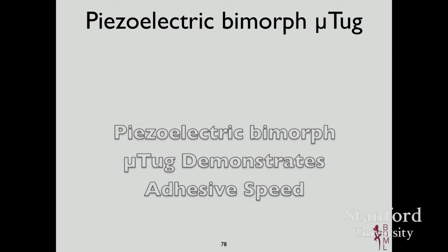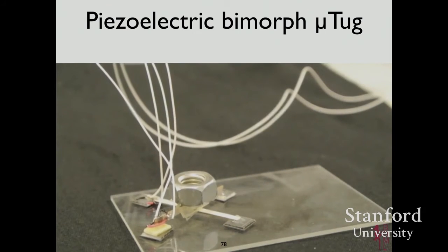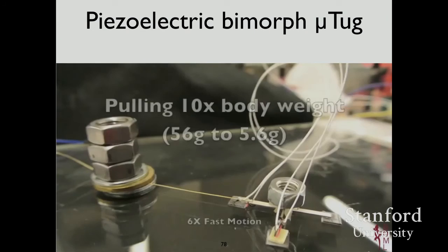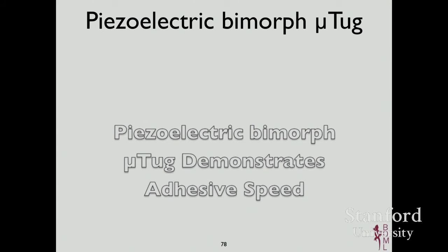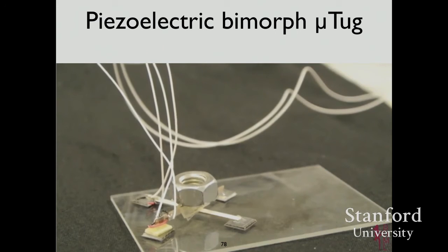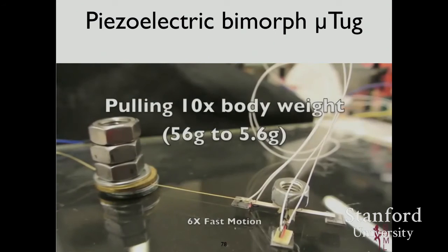What's the fastest frequency you can run? That's an interesting question because it depends on the amount of load. The more I load it, the deeper into that cycle I get, the more stuck I am. With light load, so the 5 grams of its body weight, I was able to run easily at 64 hertz. For pulling 10 body weights behind it, I had to slow it down. 16 was